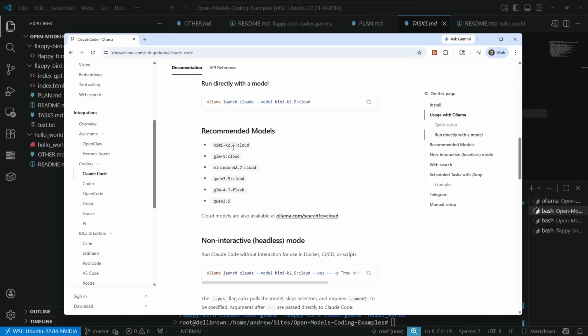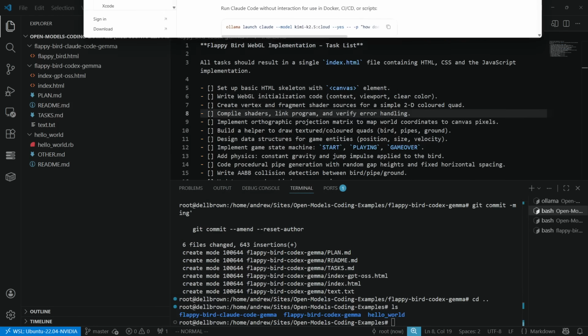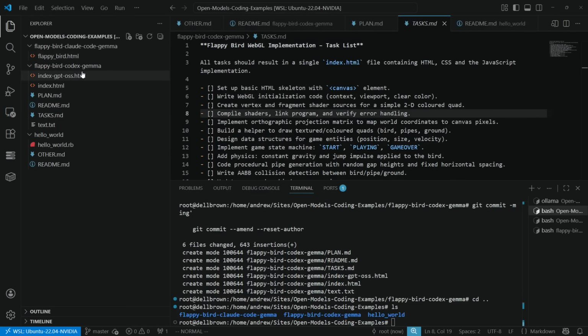So we have Kimi, K2, GLM, MiniMax, Qwen. Qwen's not that good. GLM, and then Qwen 3.5. I mean, obviously these ones are ones that you can run locally, but we're going to focus on these cloud ones because I have limited compute. I'm going to go over into,